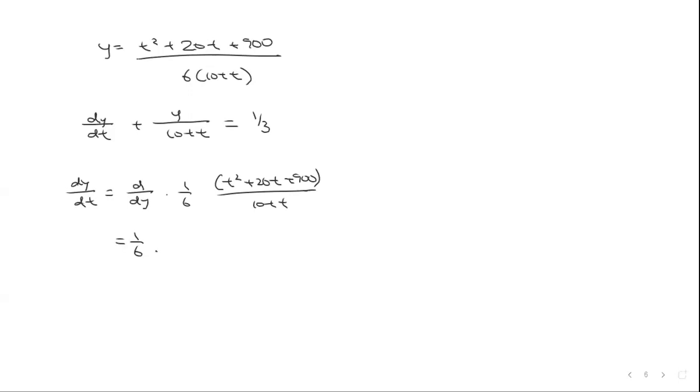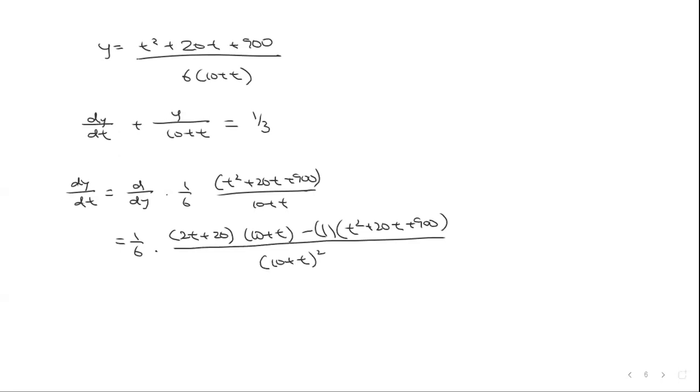So I'm going to derive the numerator, 2t plus 20, times the denominator, unchanged, minus derive the denominator, which is 1, times the numerator, unchanged, all over 10 plus t all squared. So that's the derivative there. A little bit of a mess, but